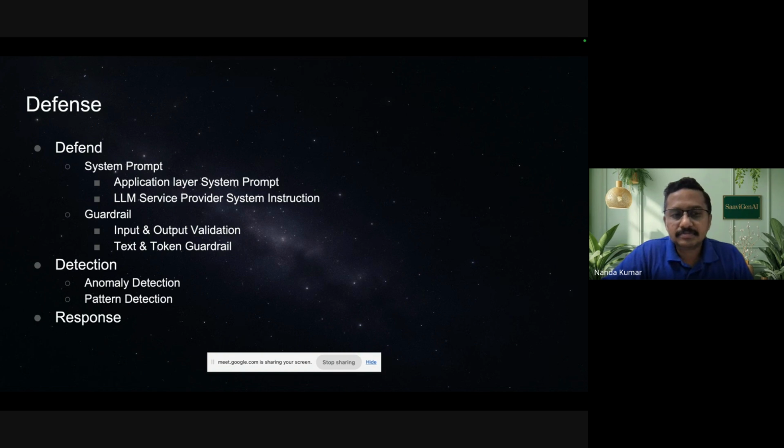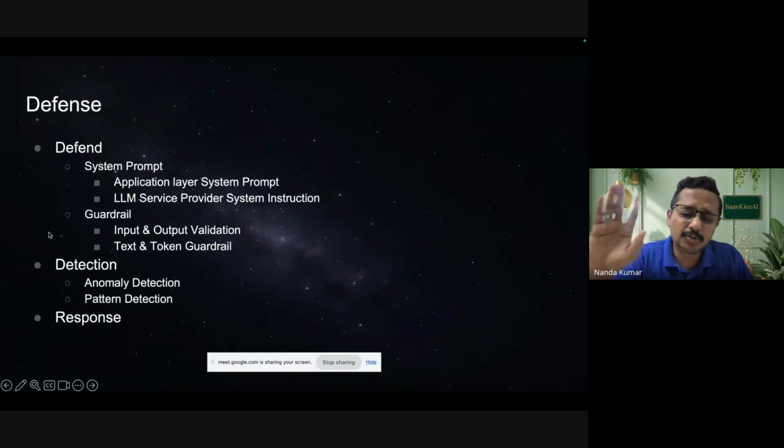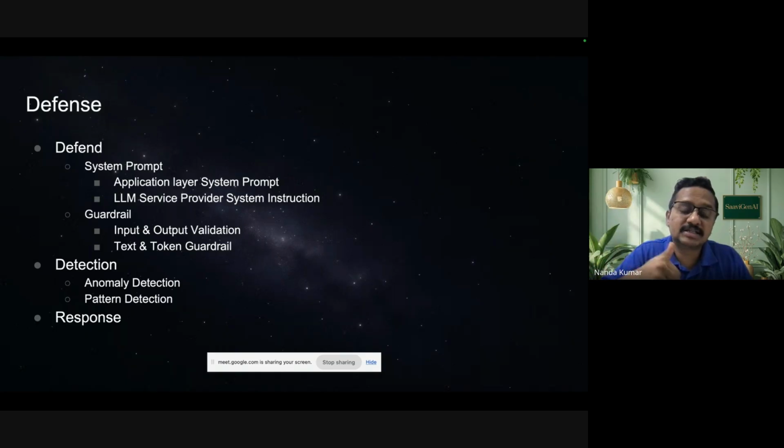So these are the defense layers you have to protect your system. And just because you put the defense in place, it is not going to be sufficient. You also need a proper detection mechanism, like your SOC system. Continuously monitor all the logs from all the layers of the system, collect them in your SIEM, and then create rules to trigger. Again, I'm not getting into details because of the limitation of our time.